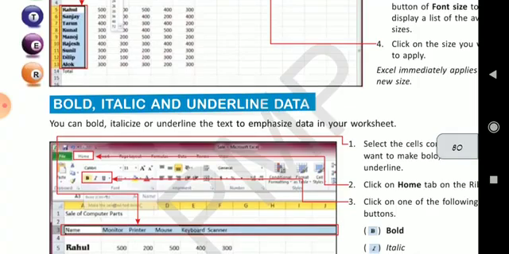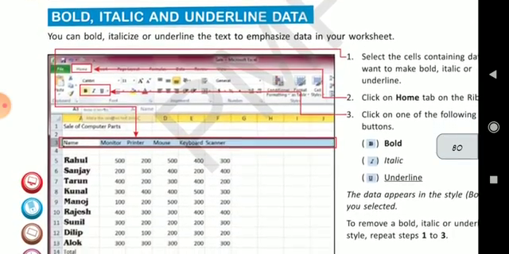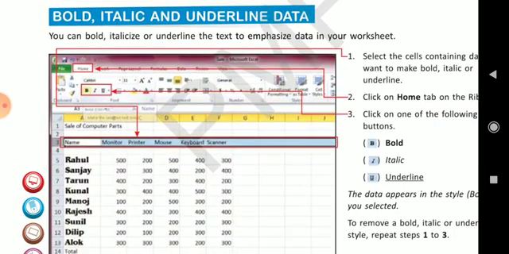Bold, italic, underline. You can also make your data bold, italicized, and underline also some important data. For that, you have to use bold, italic, and underline.